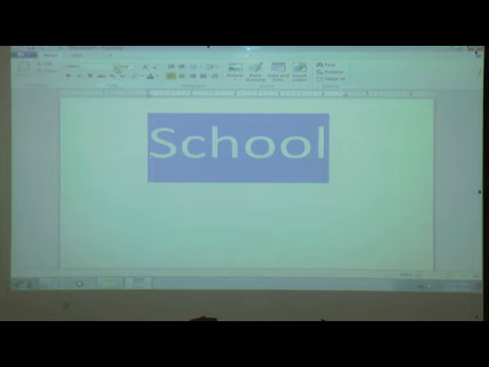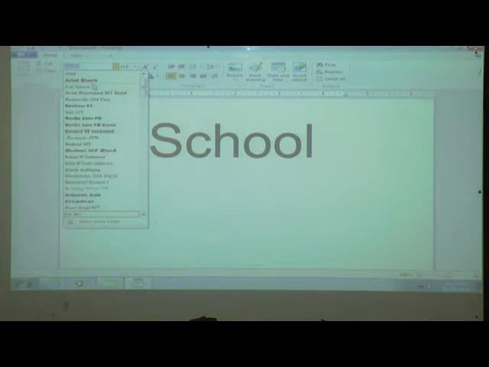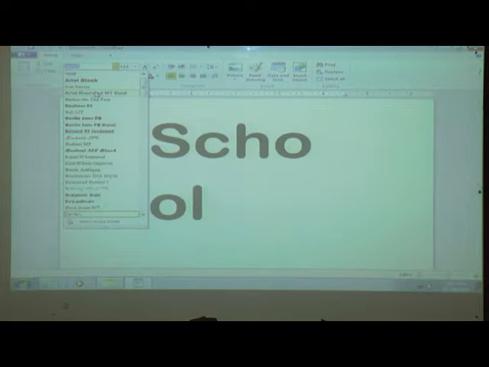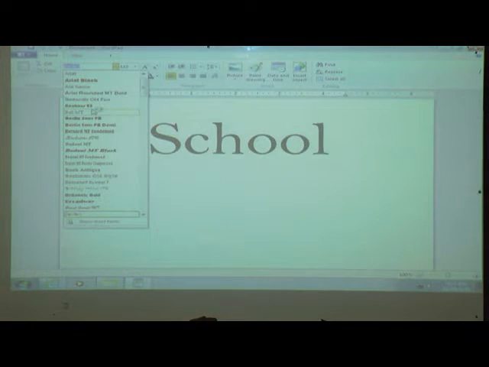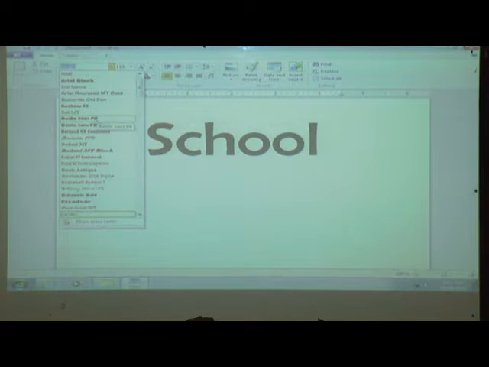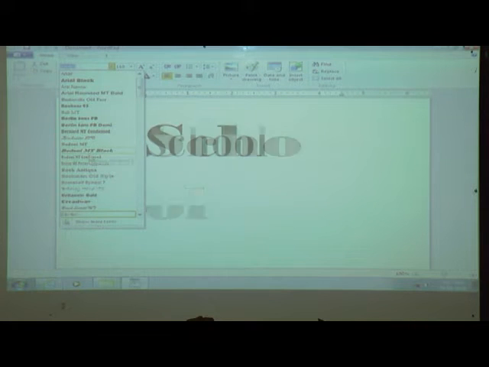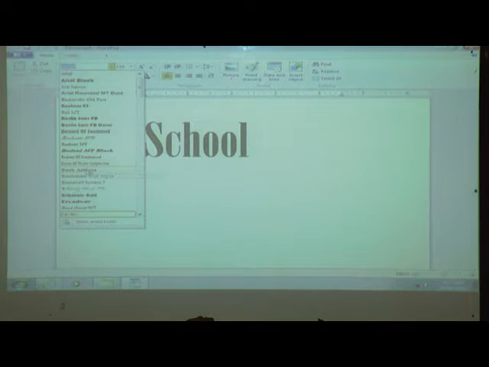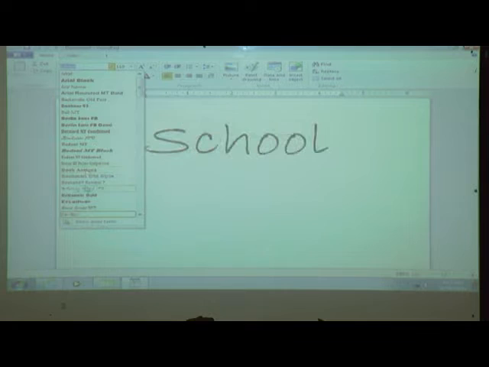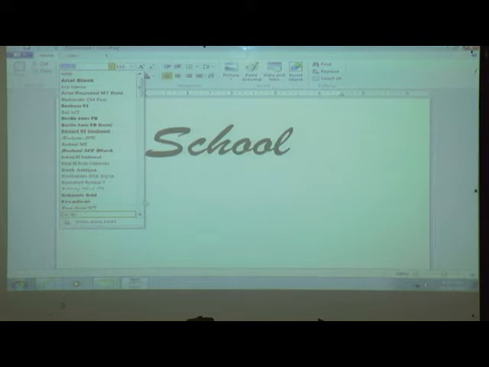Okay, then what is it? Font style. We will see. You can see the effect. Got it? What is the use of this font style? We can change the font style.